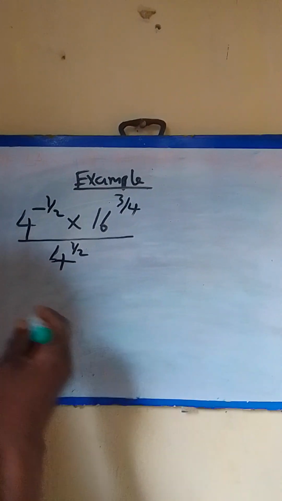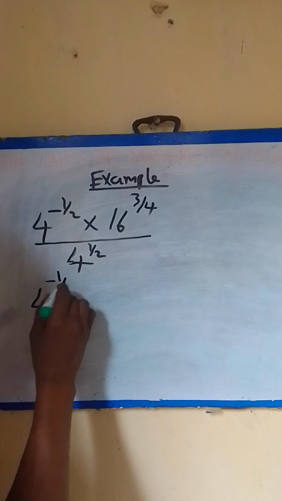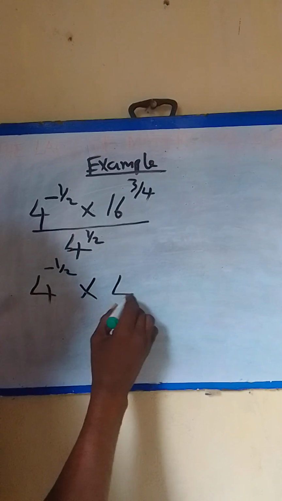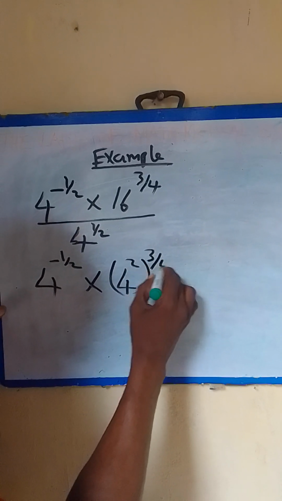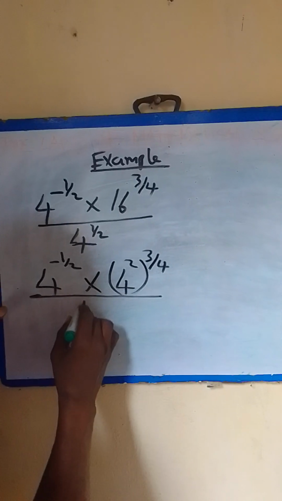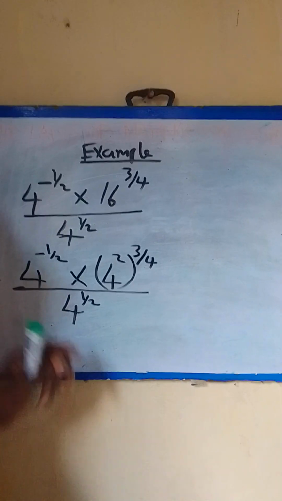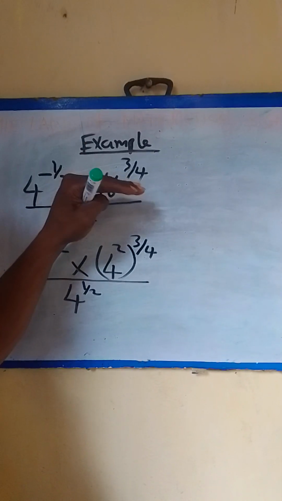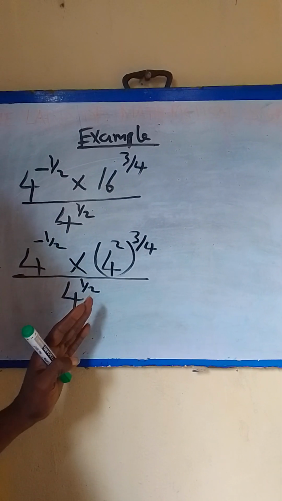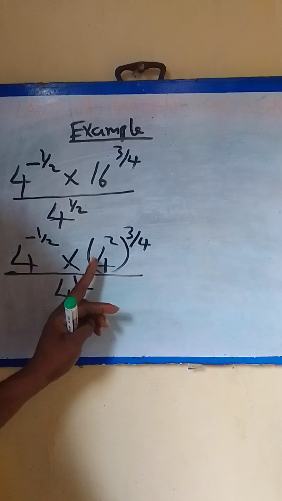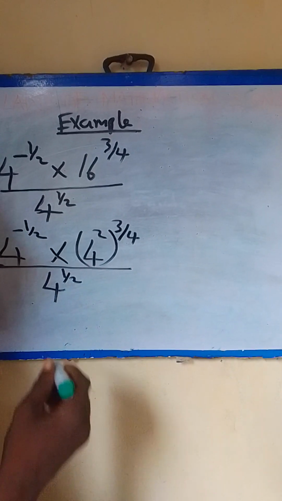That is 4 raised to power minus 1 all over 2 times 4 raised to power 2, all raised to power 4, divided by 4 raised to power half. So now you can see that we have expressed the numerators and the denominators in the power of base 4. Now, in this case, 4 raised to power 2 here means 4 times 4, which is 16. So you are going to have